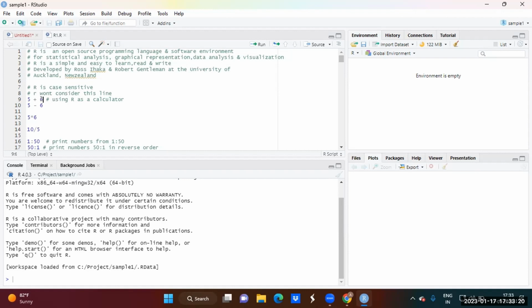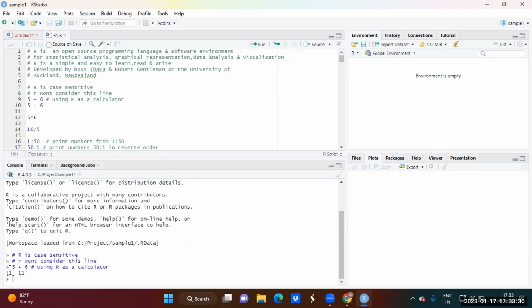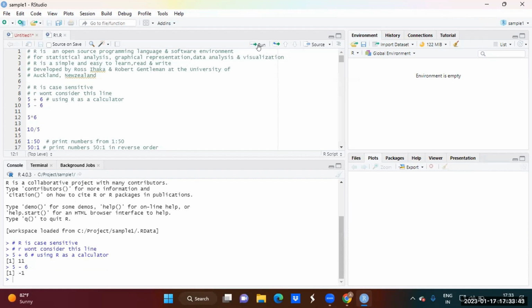Maybe the cursor may be blinking at any place. That is not a big deal, but the cursor should be there on that line. Then you can click on this option called Run. So then that 5 plus 6 is executed, and finally you are getting the answer as 11. Automatically the cursor will be moved to the next line, and 5 minus 6 run, minus 1, 5 into 6